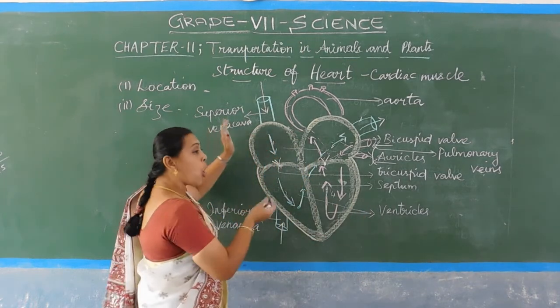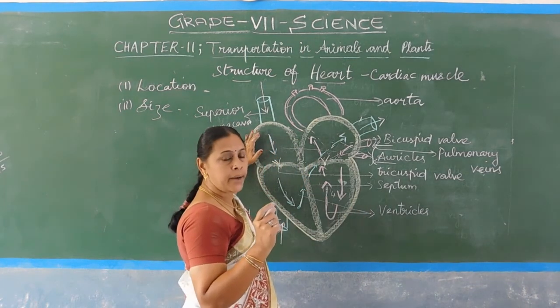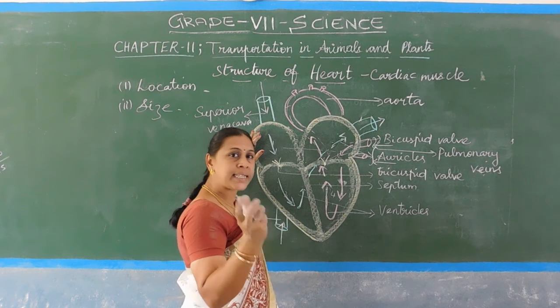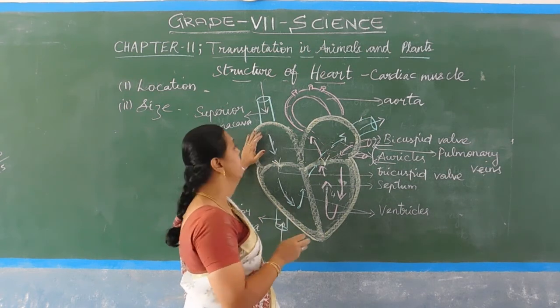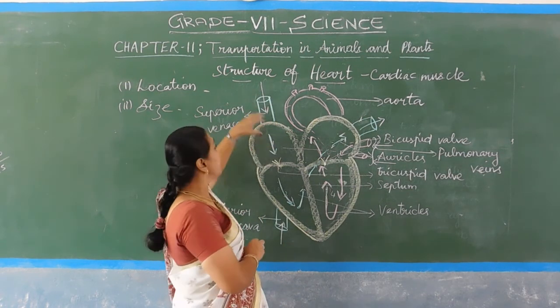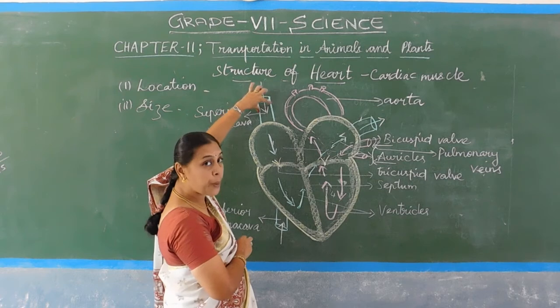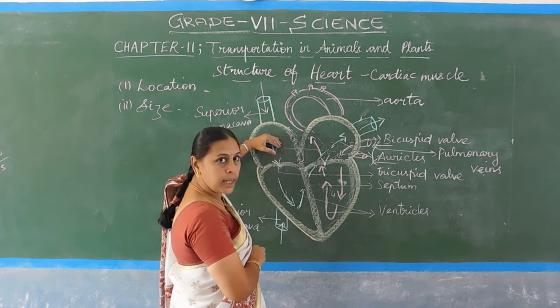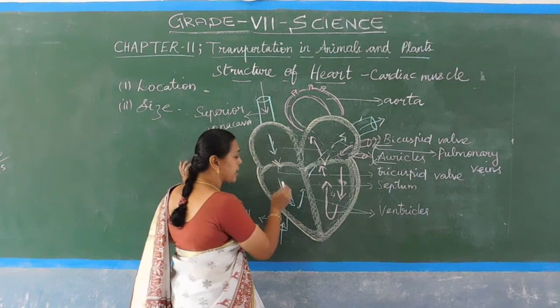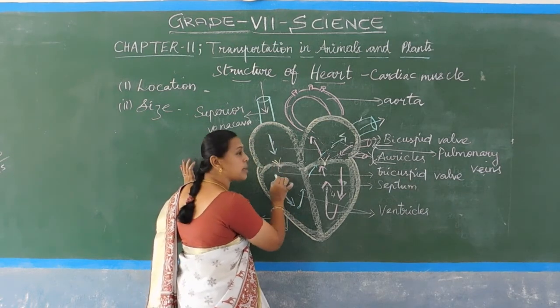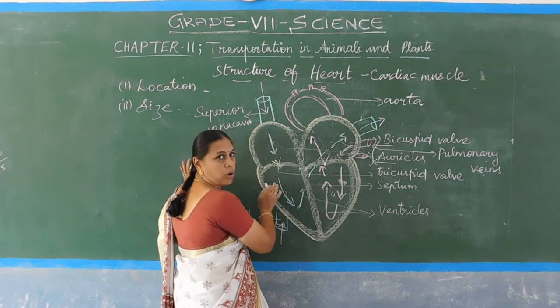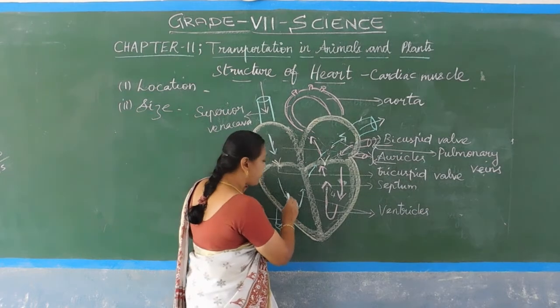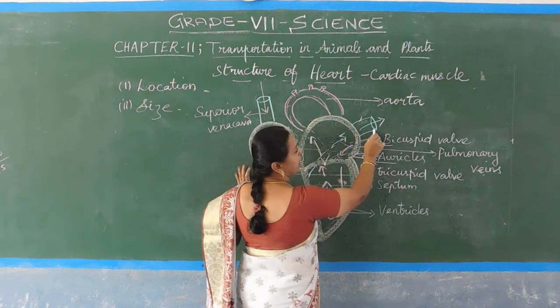And the carbon dioxide rich blood from all parts of the body is collected and it enters the heart through the superior vena cava and enters the right auricle, and it enters the right ventricle through this tricuspid valve. And from there it enters into the pulmonary